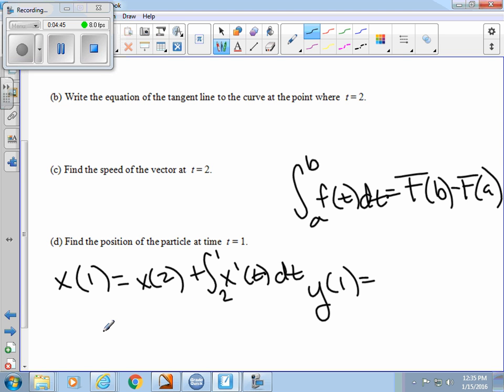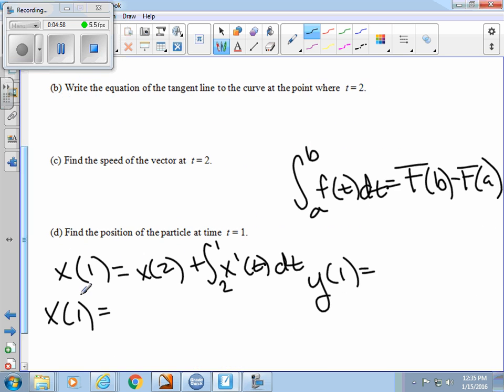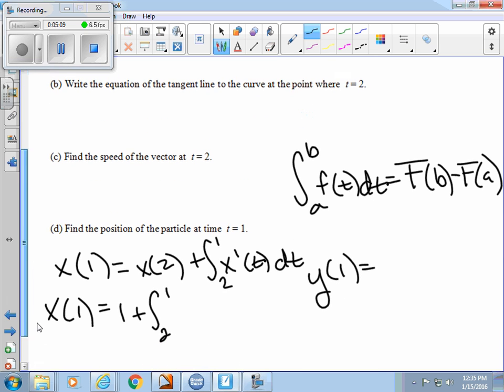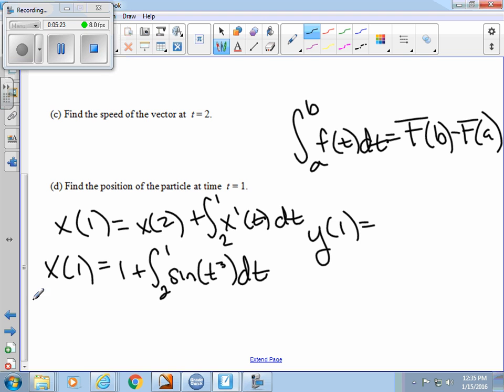So. Do we remember learning this a long time ago? Okay. So x at time 1 is x at time 2, which was 1, plus the integral from 2 to 1 of sine of t cubed dt. And I would use my TI-89 or my TI-84, either way, and type that whole thing in. Negative. What's the 0.782. x of 1